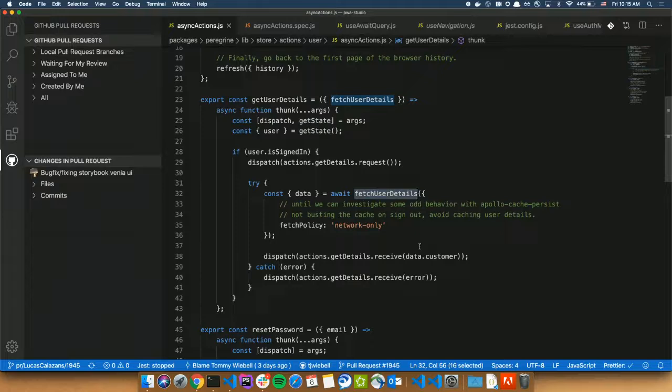Cart should hopefully land in the next couple days, and then moving on to checkout, which is going to be huge. Right now in develop, create cart is already merged. So creation of the cart on develop will be through GraphQL, but all the mutations of the items in your cart, adding an item and that sort of thing, are still done with REST. But soon when those PRs land, all of cart will be done. And then we get to do checkout, which will be fun. Fun times.